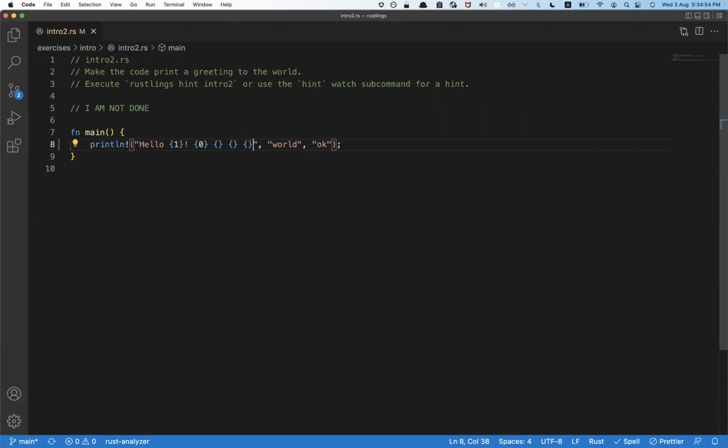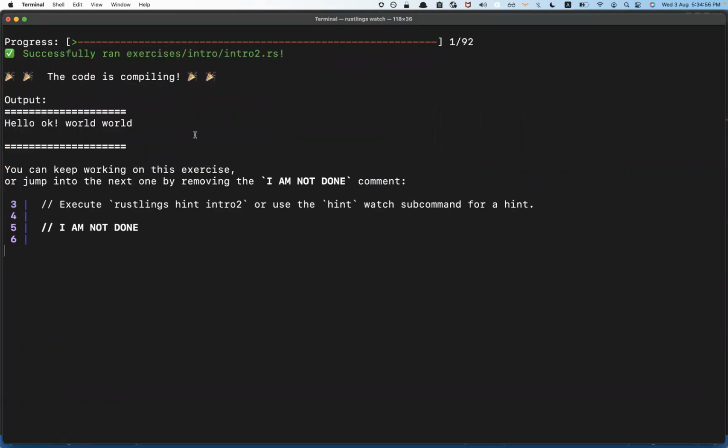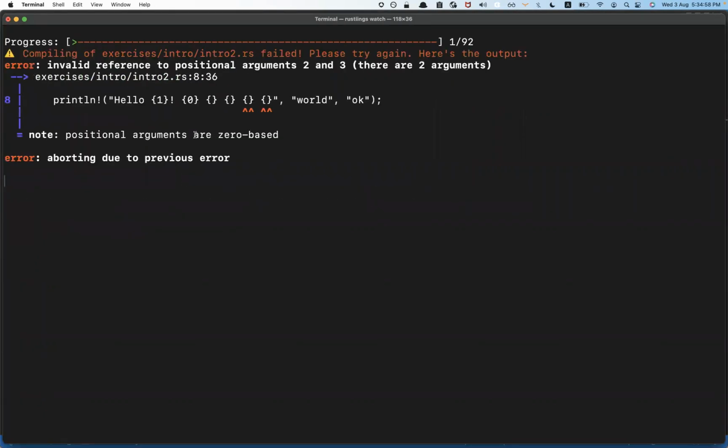put many of these. Okay. Invalid reference to positional arguments 2 and 3. Okay. Interesting. So if I put this 1, 0, it's picking it up. If I put this 2, it's picking it up. But I can't like